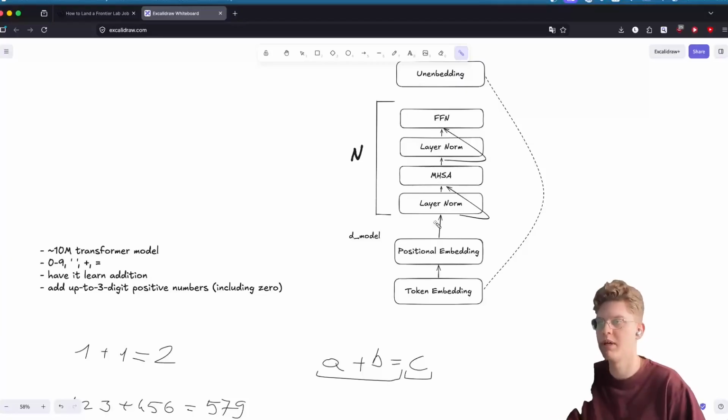There is no benefit to using pre-LN. You can just use post-LN if you want to. So with that out of the way,